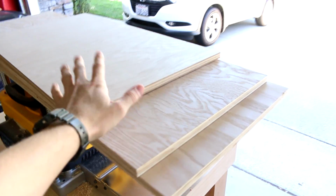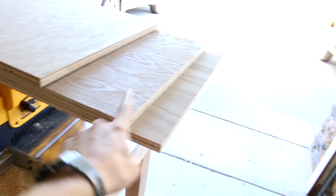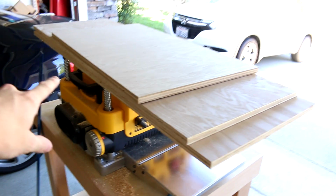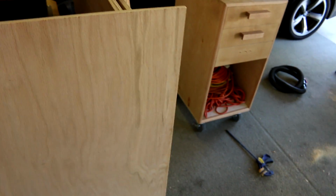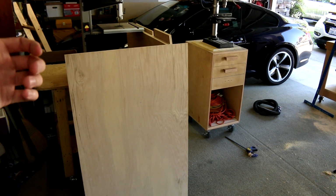Alright guys, so let me give you a quick update. Over here I have all of the pieces cut for the sides and the top. These two pieces right here are the side panels. Those are 50 inches wide, and then this is the top part on the very top of the cabinet. And over here, out of the 1/2 inch sheet that I cut, this is going to be the backboard, and this is actually fairly light. As you can see, I can just pick it up with one hand, and that will be rabbeted into the